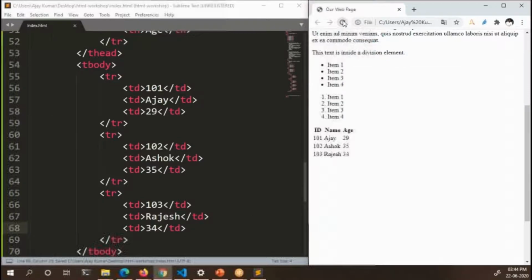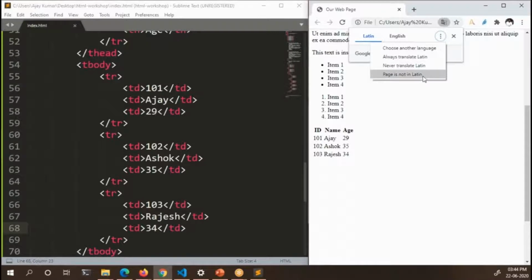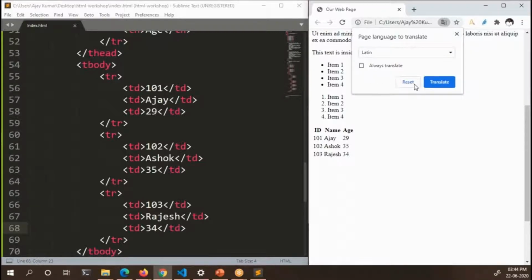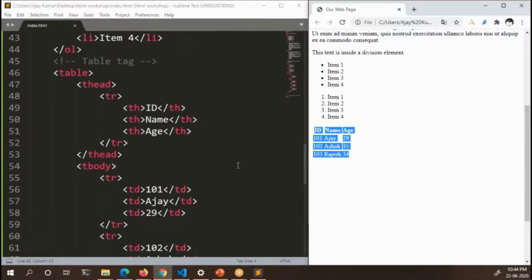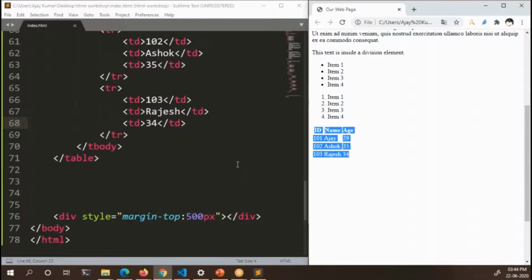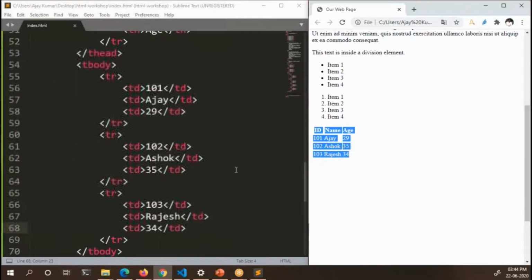Let us save it and look at our table. So as you can see, now we have displayed the table. Sorry guys. Okay. Now this is a table which displays rows of data. So the table tag was one of the most popular tags to organize or structure the HTML page previously, but nowadays we are not using the table tag. If time permits, I will show how a table tag can be used to structure the elements inside your web page, but it is not at all recommended.